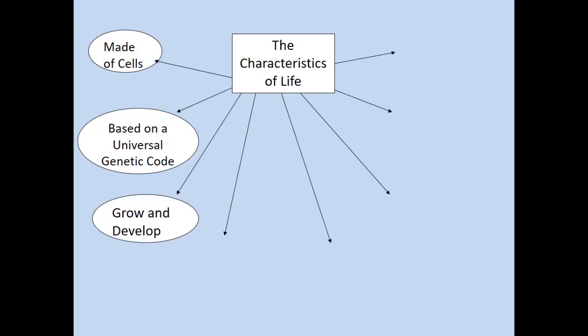Grows and develops. Now, this can be like you. In other words, you can be born looking generally like your adult self, and you can get larger. Or you can do what a beetle does, and you can go through what are called instars. In other words, you start out maybe as an egg, and then you go through several different looks, and then you end up as your adult beetle self.